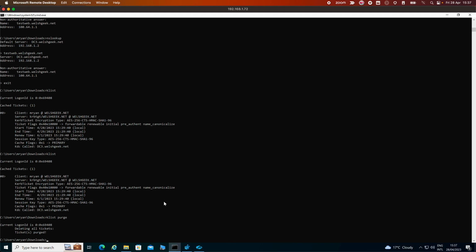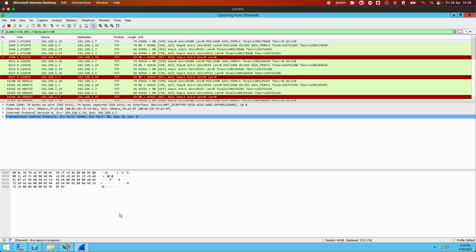And the problem was that whilst the ticket existed for the flattened name, the web server wasn't able to decode it. So if I reproduce that problem,